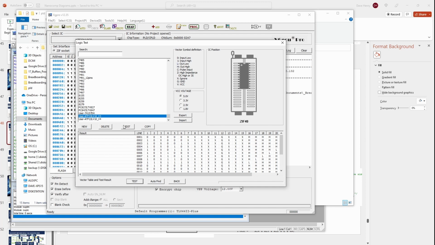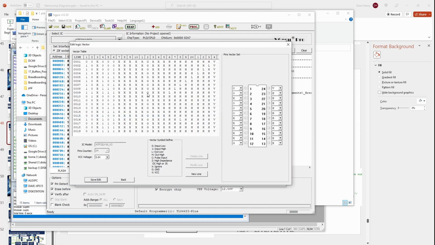When you set it up, you define how many pins you've got, and you see that pin 24 is +5, pin 12 is ground. Then we can define which pins we want to define as 0 and 1, and then which pins we expect to be high or low, and those pins we don't care about.